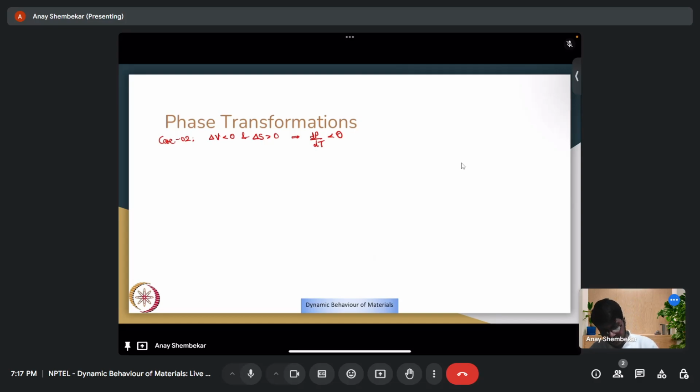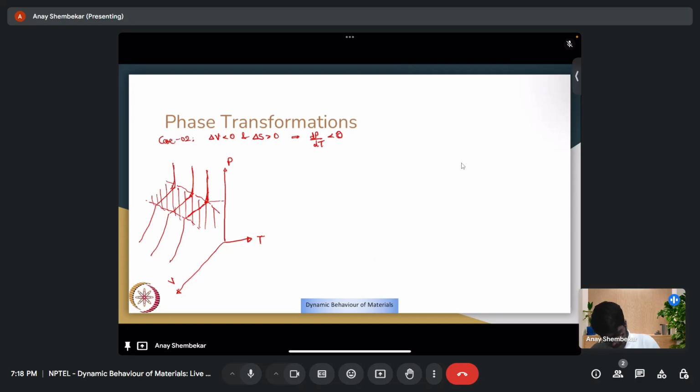So if I have to plot this in the PT space, you have the mixed phase. This is a mixed phase region,